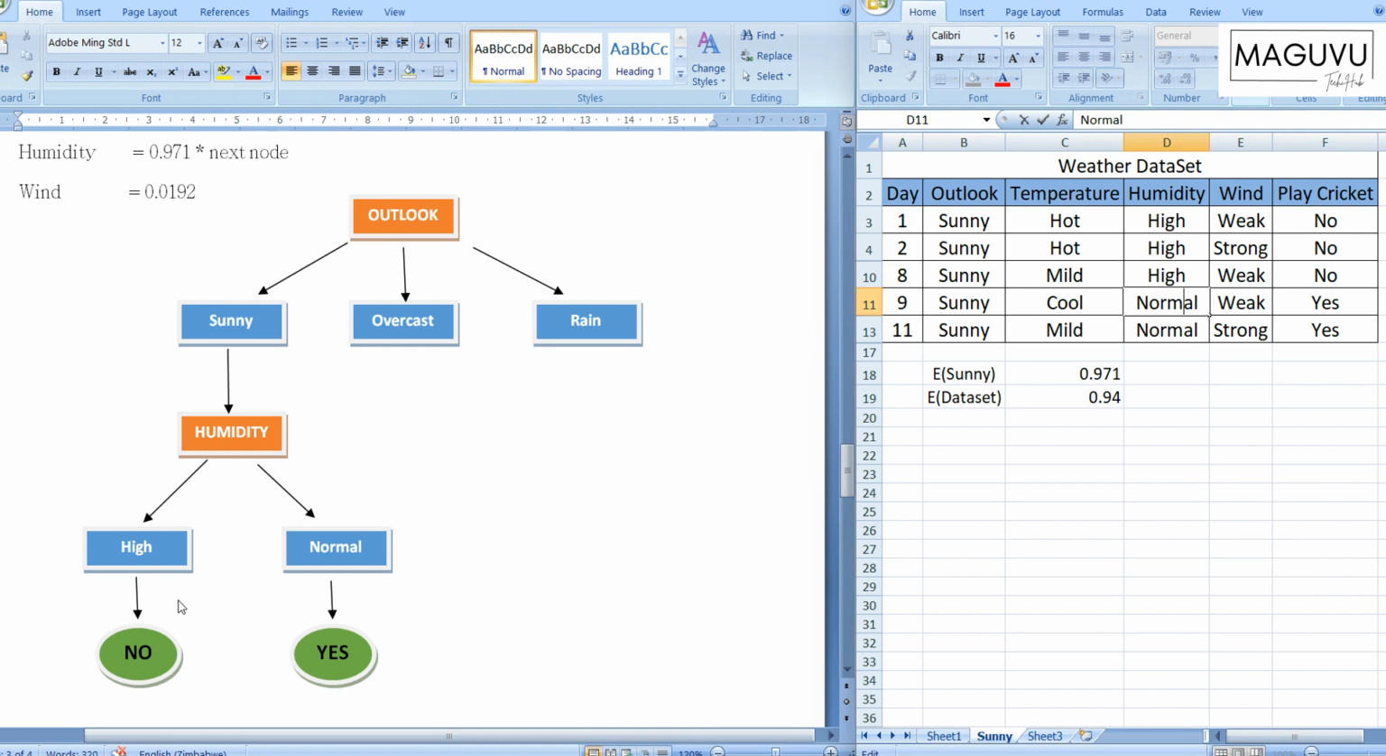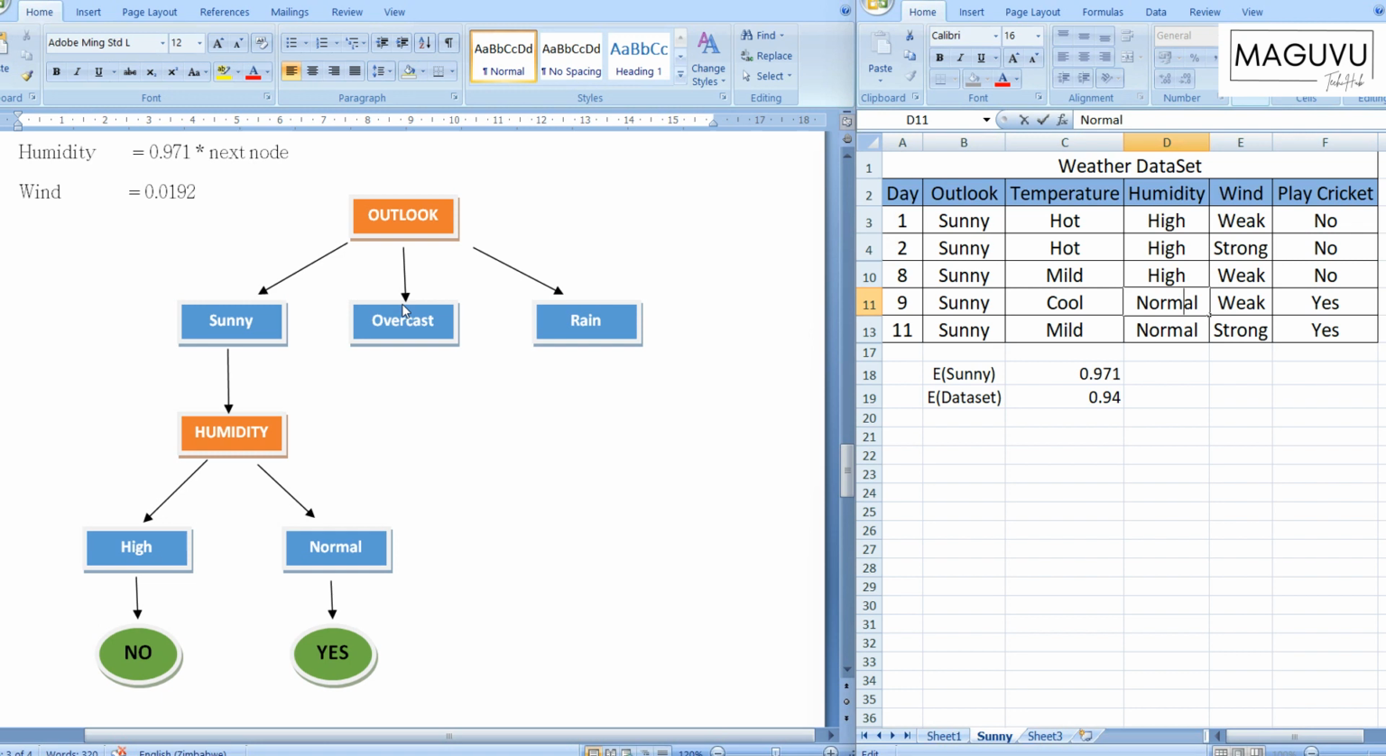So you can see from here we can already come up with some decision rules. However, we are not done. We are now going to consider the other leaf of the outlook, which is overcast, and see how it presents itself. So let's go ahead and consider